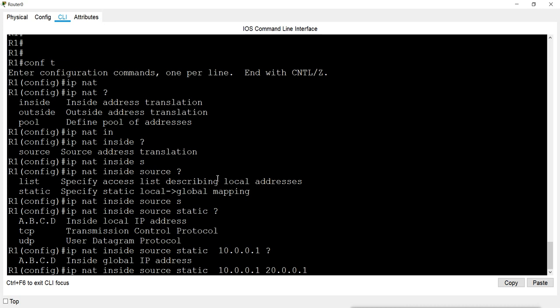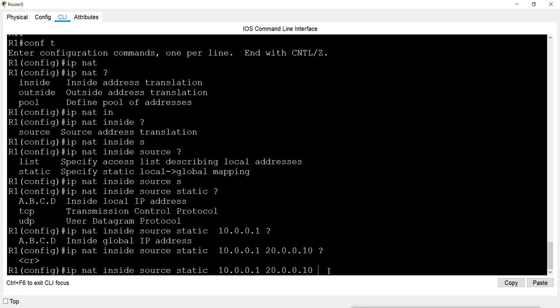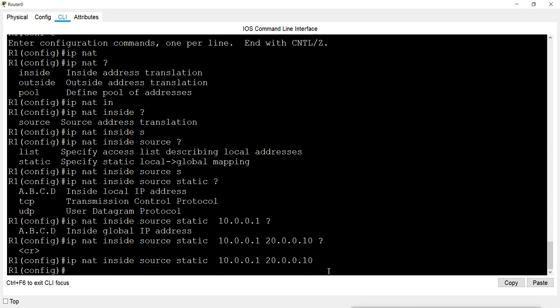I am saying that if 10.1 comes, then translate it into 20.10. And when you give question mark, the command is completed. So I want to map 10.0.0.1 to 20.0.0.1 and enter. This is the command to create the static mapping.